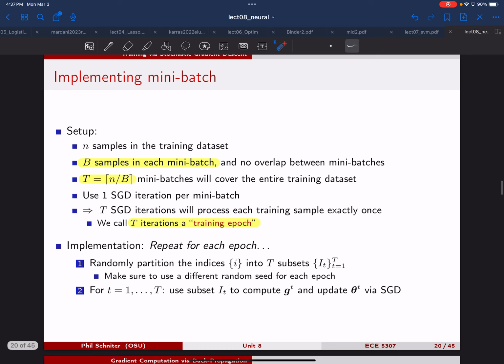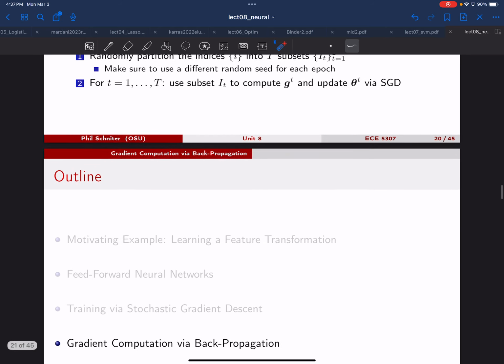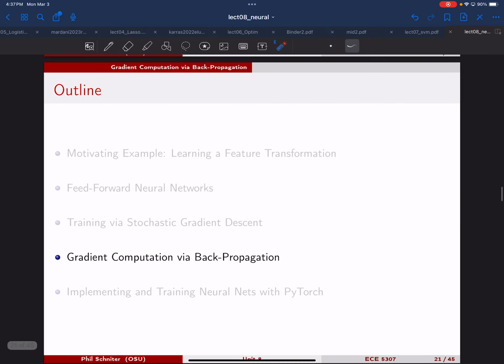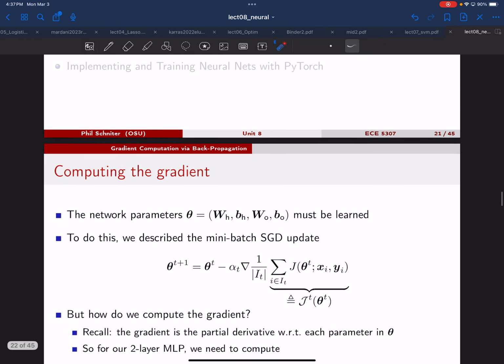Okay, so that's the implementation. All right, any questions on that? Good, okay. So then we're gonna switch gears and talk about